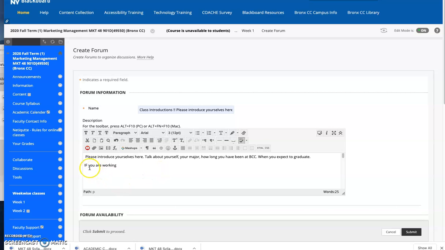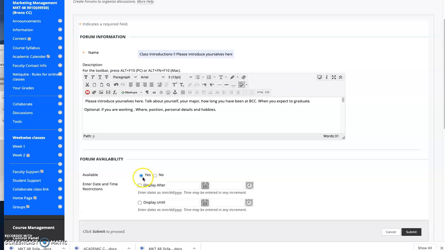These are optional. If you're working, where, position, personal details, hobbies, something like that, and then just introduce themselves, and again make it available to the